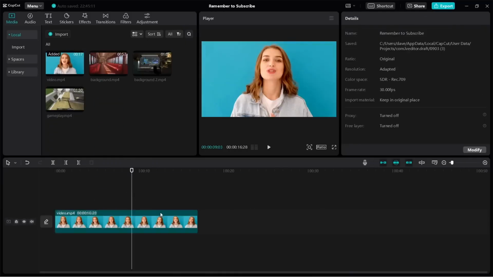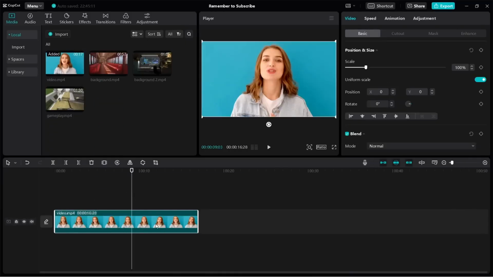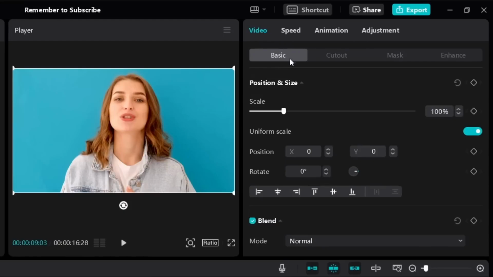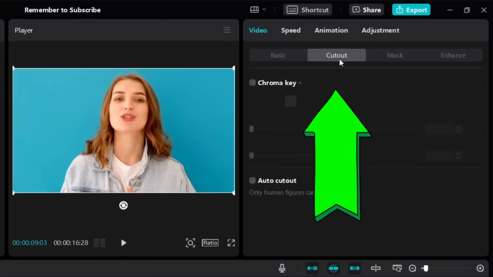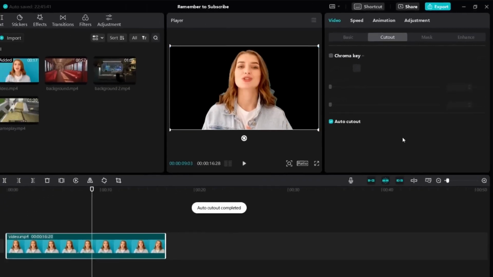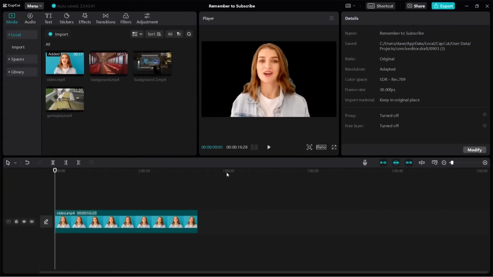So the first thing you need to do is make sure you click and select the video with the background that you want to remove. Look on the right side. Under video, there is basic and then there is cut out. So click on cut out and then click on auto cut out. Then it will start to process. Just wait for it to process, and when it's done, you can see that if we play the video, the